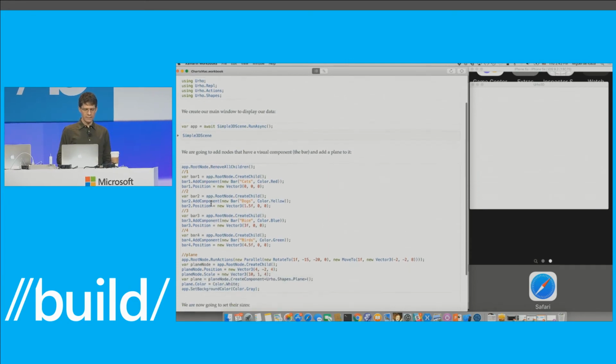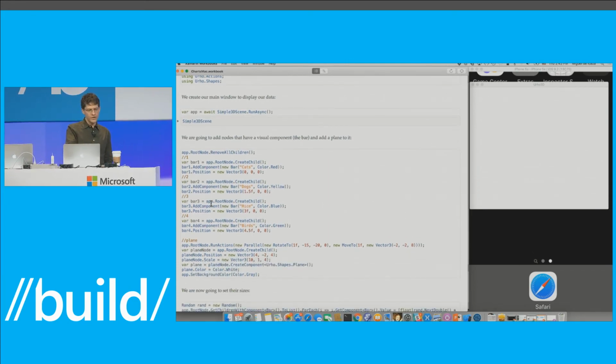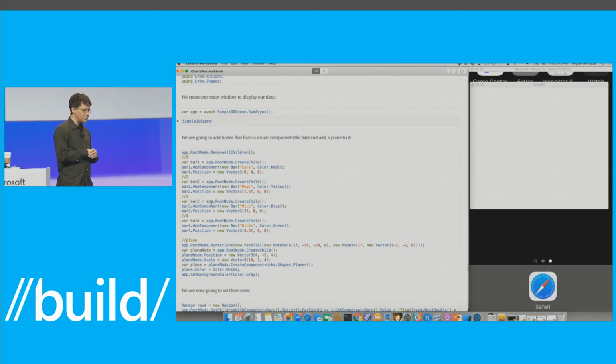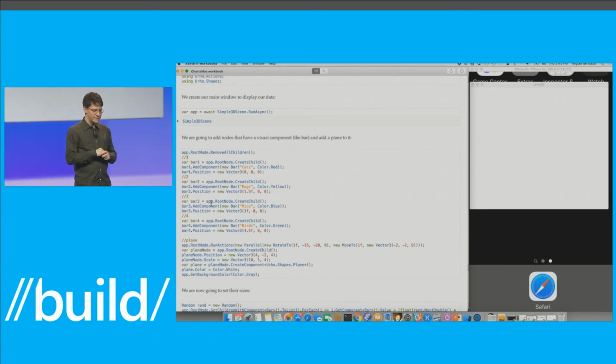And what this little app is going to do is just create a couple of visual nodes. Now, one thing that you need to know about Urho is that Urho is a system. The game people have a name for this, and I can't remember what it is. It's like a component system, something like that. And the idea is that you have nodes, and nodes actually only have a location on the screen. That's all they have. There's nothing else. There's no visuals to it. There's nothing.